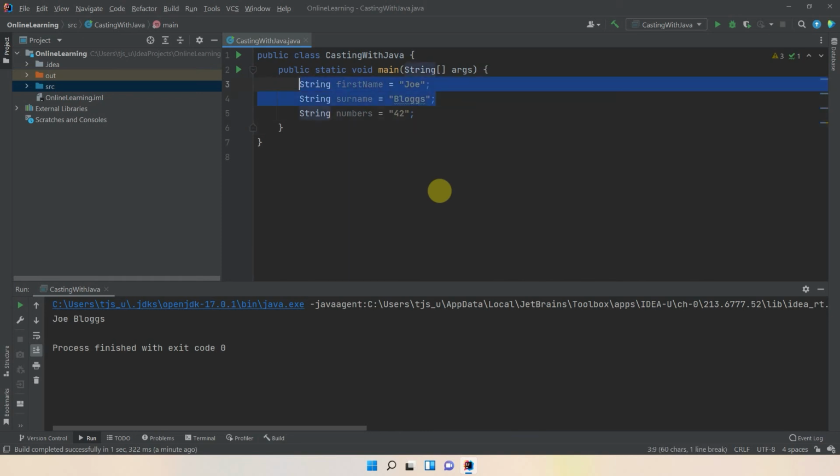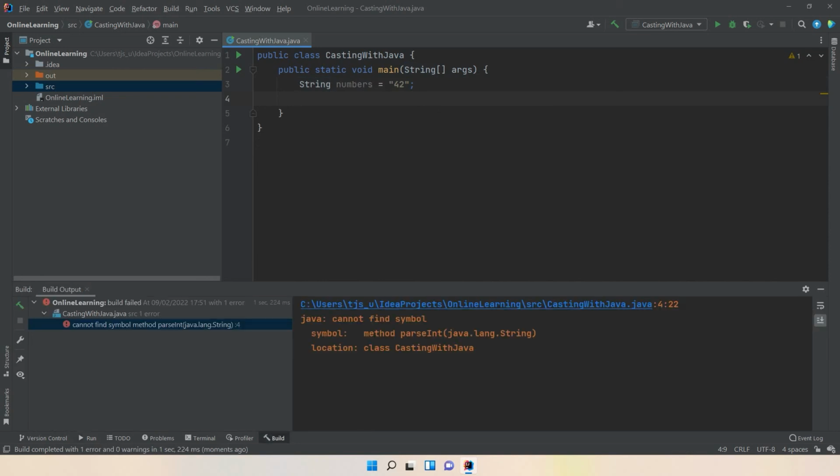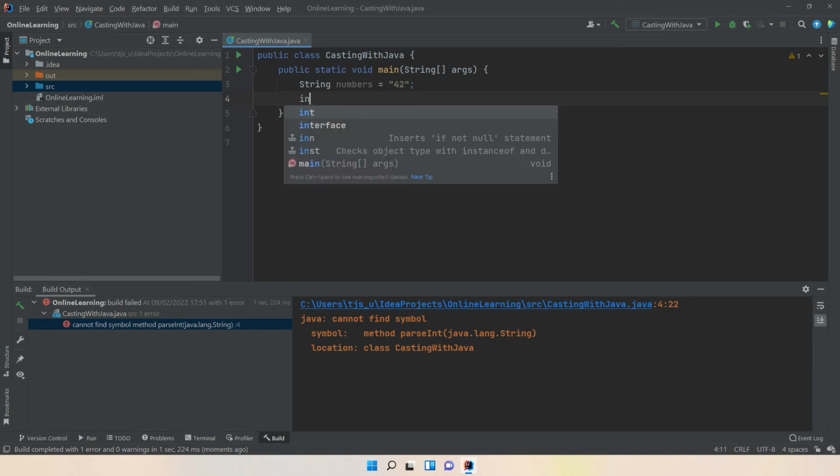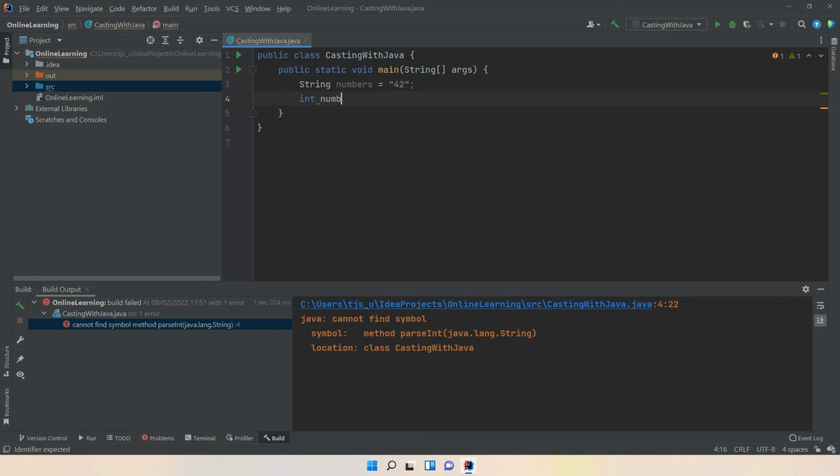So let's get rid of these. If we want to convert a string to a number, then this is what we need to do. So I'm going to need to parse the number, which basically means convert it from a string into a new value. And in this case, we're going to convert it into an integer. So what I'm going to do is I'm going to create an integer called number, and it is going to be the parse int of